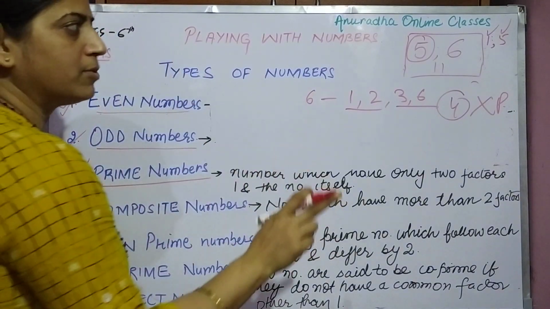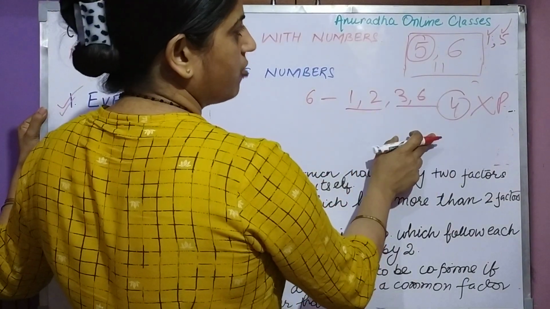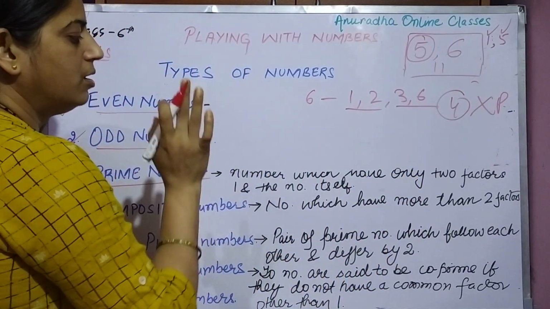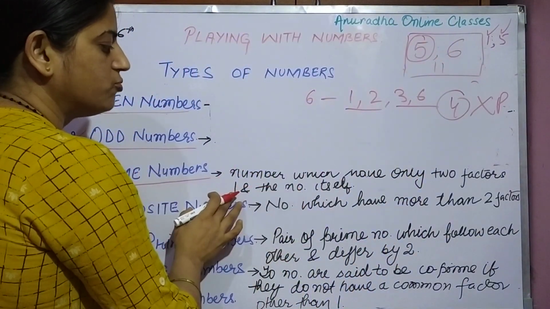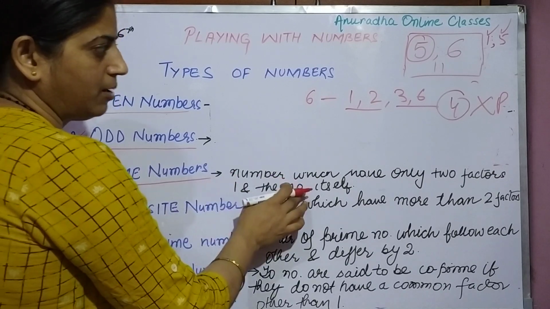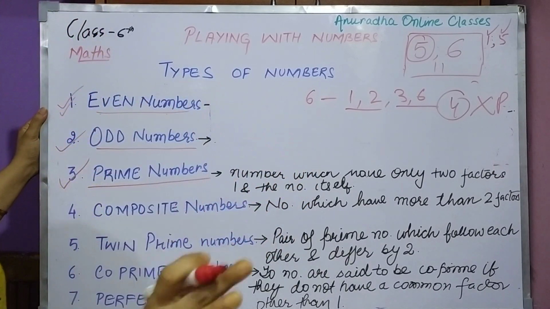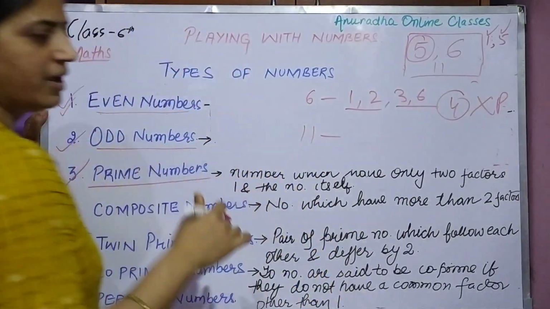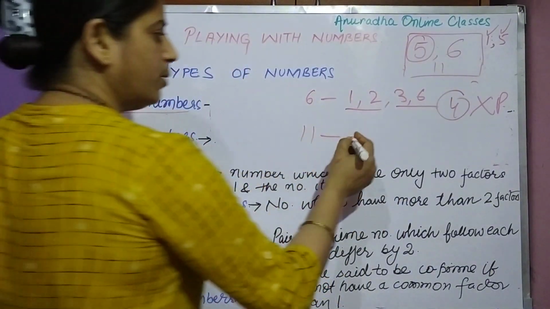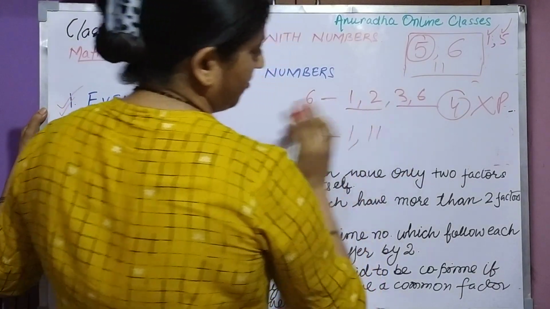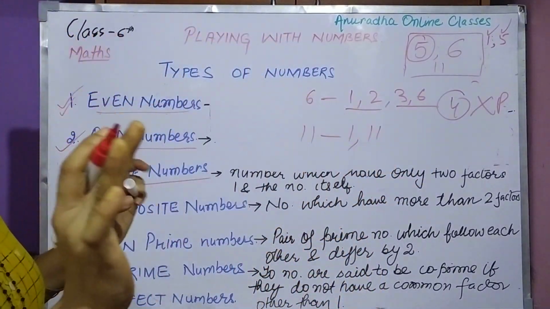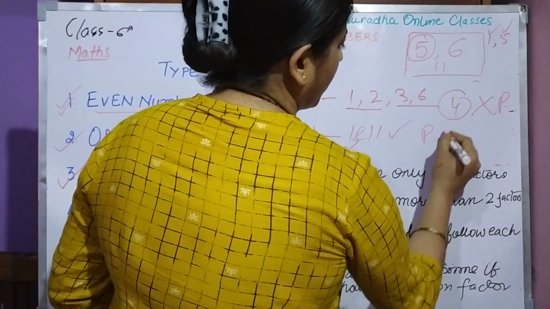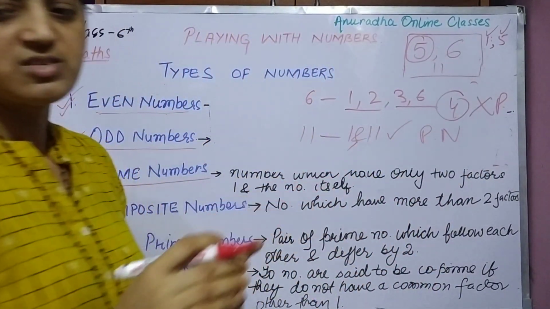Okay. For prime number, what should be the property of prime number? That the number must have only 2 factors, that is 1 and the number itself. Right? Now let us see the third one. I have written 11. 11 किससे कटेगा? 11 किसकी टेबल में आता है? See, 1 and 11 and nothing else. It is not divisible by any other number. So this is a prime number. I think this is clear to you.